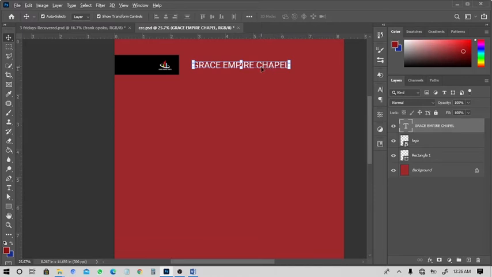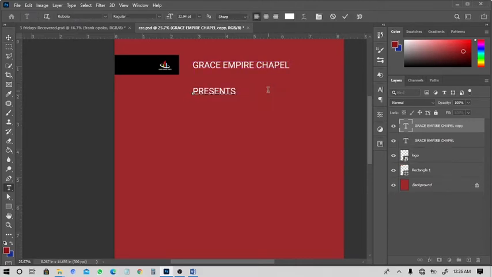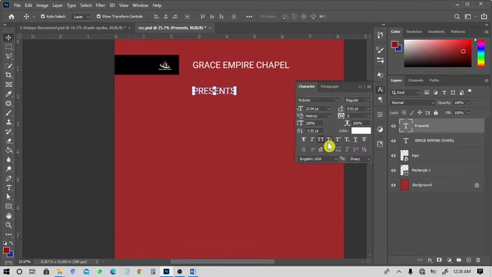When I remove my hands, you will see that the white arrow is gone, but when I click on the Alt or the Option, you see that the white arrow joins the black arrow, so I'll move it. Then I'll change the text to Present.